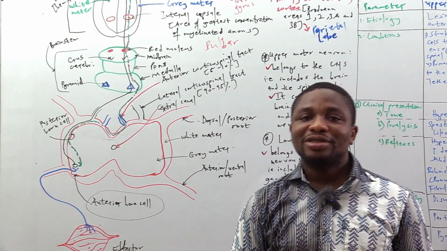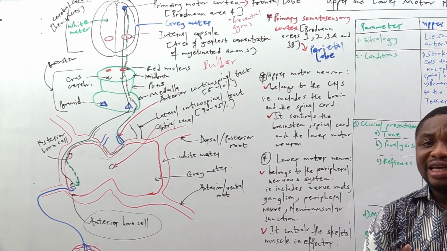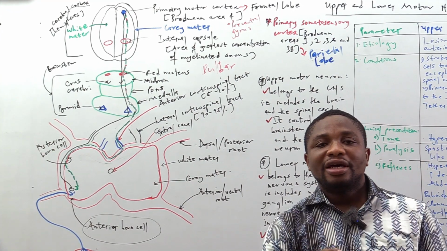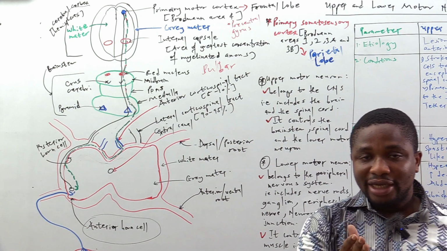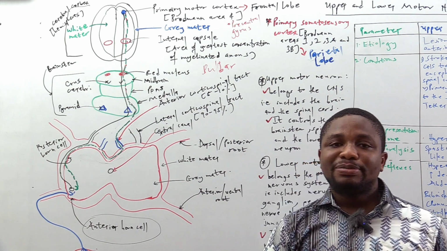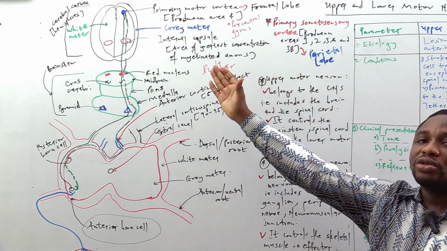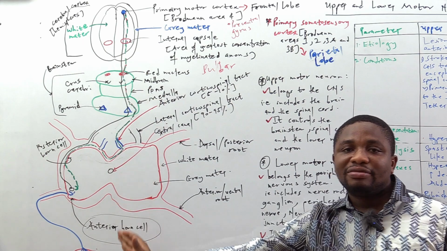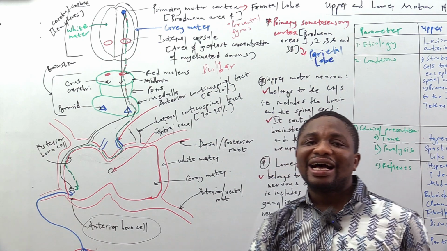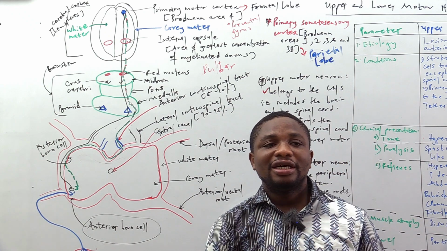Now the next thing we want to talk about is the upper motor neuron and the lower motor neuron. I've already given you where the upper motor neuron begins and ends. I told you it begins from the primary motor cortex, that is in the frontal lobe, in the precentral gyrus, at Brodmann area 4, at the dorsal aspect of the frontal lobe. We made mention of that before. Now it begins from there and goes all the way through the cerebral cortex, through the brainstem, and finally ending at the anterior horn cell of the spinal cord, where it synapses with the lower